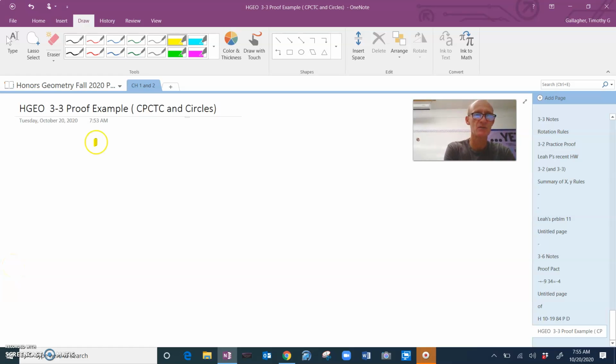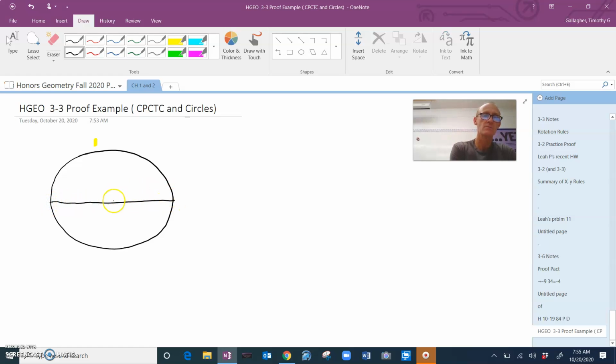This is Mr. Gallagher. This video is on a proof from 3-3, which is CPCTC and Circles. And this proof looks like this. There's a circle, and in that circle there's a diameter. And going through the diameter, through the center, is another diameter, with sort of a bow tie here. Like that. And around this is going to be